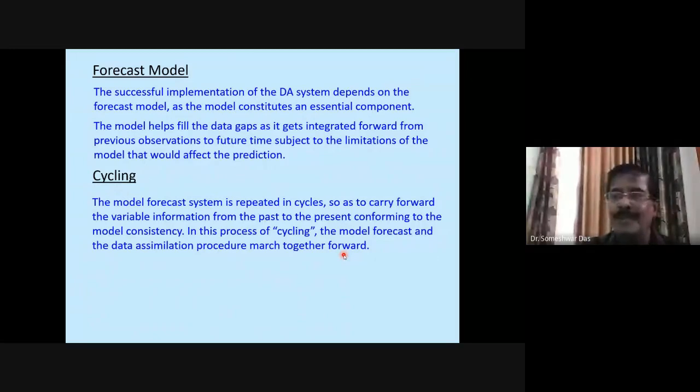And of course, if your computer breaks down and you cannot give a forecast, then other models are available from other operational centers like ECMWF and others. In today's context, those things are possible, but in earlier days, those things were not possible. So that problem was there. You cannot afford to have a single system. You have to have a redundancy.